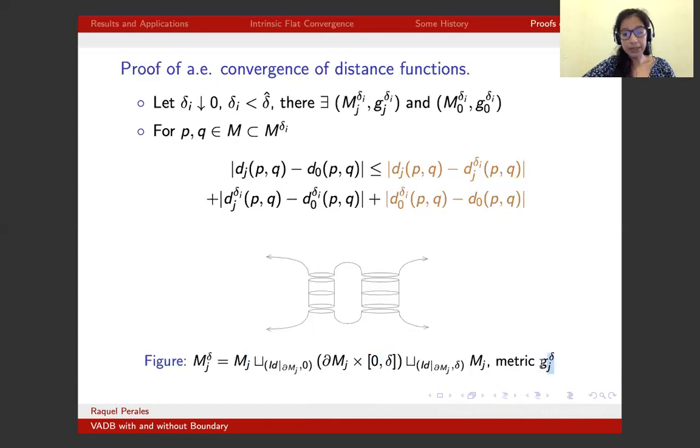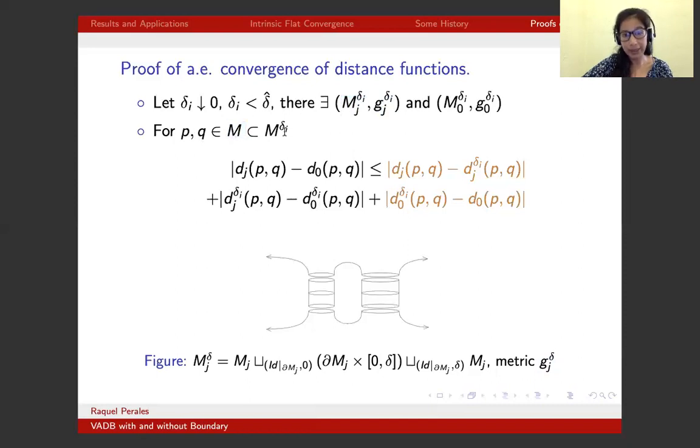So this Riemannian metric is defined in such a way that in both copies of Mj it is the same as Gj. And it has to satisfy other nice conditions in order to conclude that we have the convergence of the distance functions. But okay, so let's say we have these doublings, and now I take two points P and Q in M,